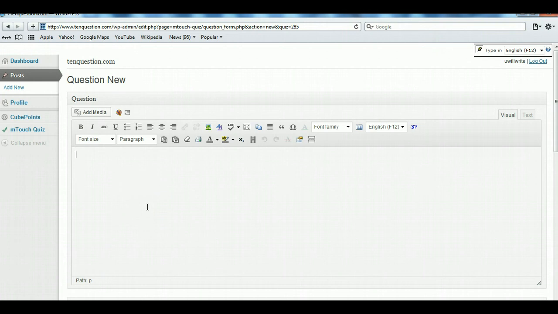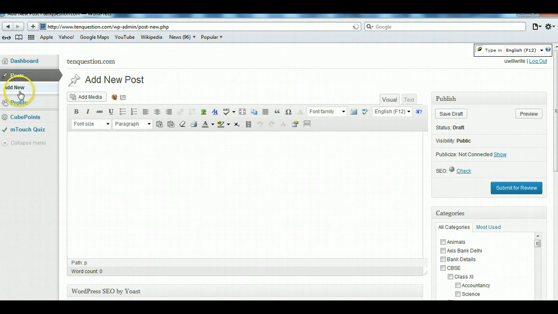After you have created the questions, you are supposed to add 3 lines, minimum 3 lines, regarding the question set which you have prepared. For example, when I have created for Indian history, then I will be writing something on Indian history. This is important and required. So you click the add new button, and then one screen will come. You will write